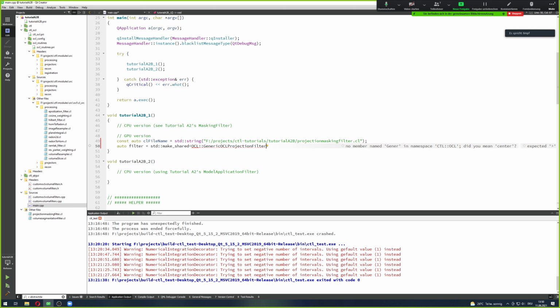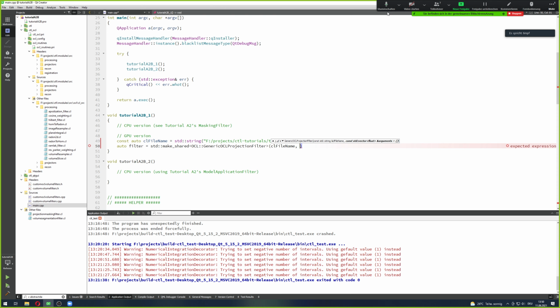So it's called GenericOCLProjectionFilter in this situation because we want to filter projections. And it takes, first of all, the file name as an input, which we have already created. And then it takes a standard vector of floats with the additional input arguments,